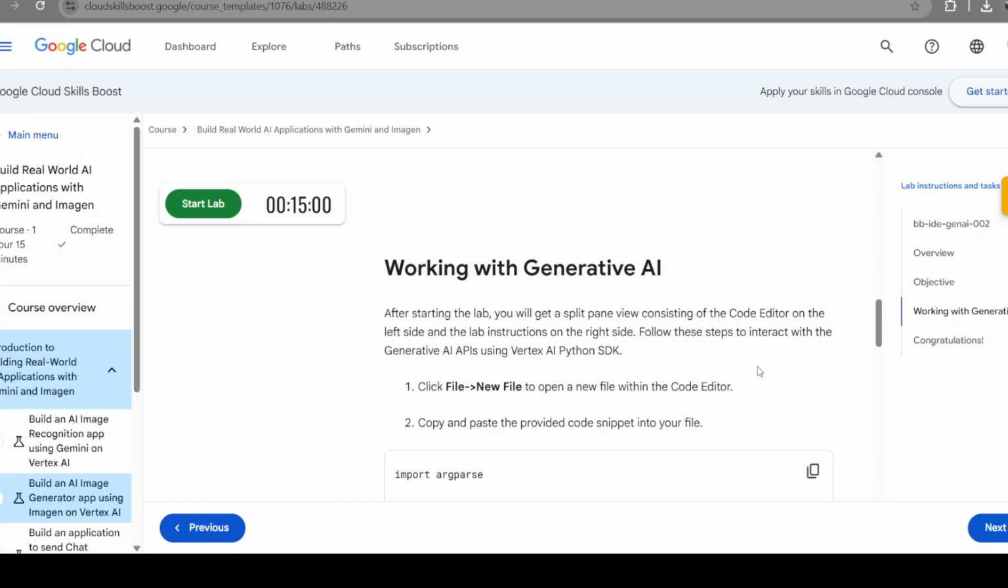Hello everyone, welcome back to Geekians, and today we dive into lab 2 of our journey through the Google Skill Batch course. In this lab, we are going to explore the fascinating world of AI image generation using Google's Imagen